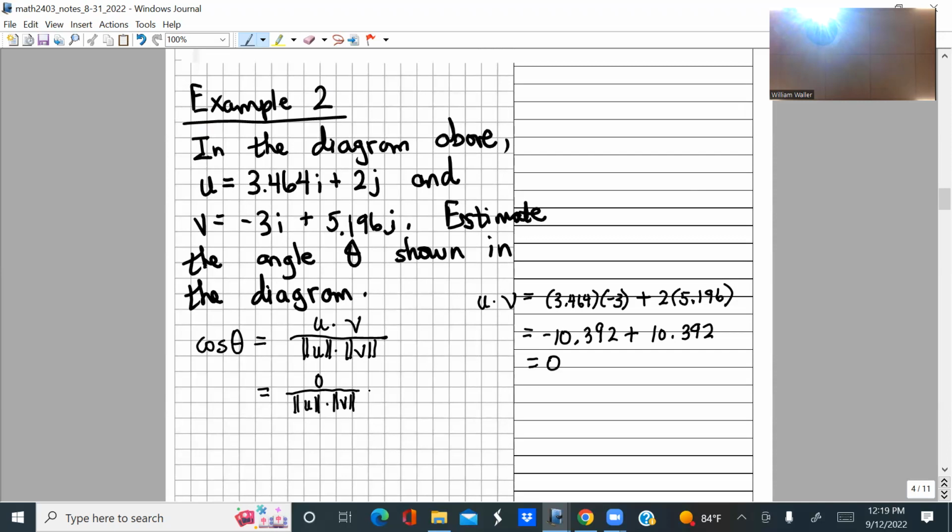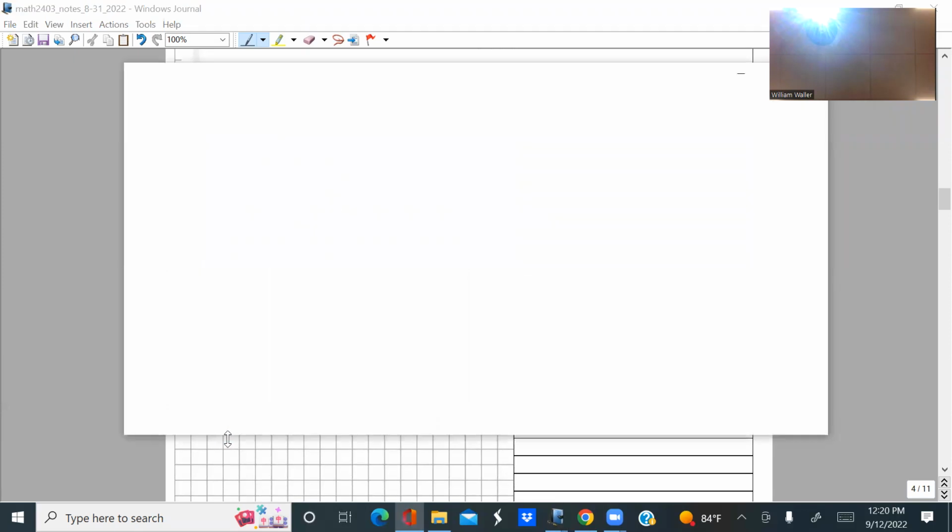Because what is this fraction going to turn out to be? 0, right? It's going to turn out to be 0, correct? Because 0 is in the numerator. It's when you're dividing by 0 that it's undefined. I don't think we're dividing by 0, because I'm pretty sure these magnitudes are not 0. We can see those vectors have them. So we just get the cosine of theta is 0, which means theta